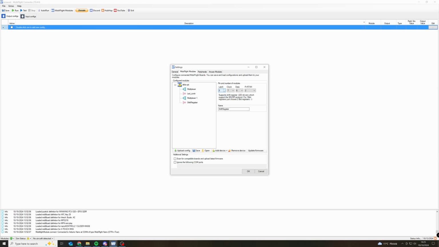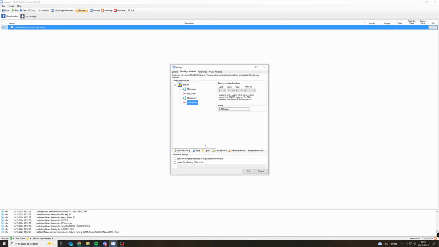but now I would have to make sure somewhere, but I believe you can chain the latch and clock pins on shift registers, but don't quote me on that. It might not be the case for MobiFlight, but I would have to make sure if I were to promise this, but you might be able to chain these or put it on the same pins. Not sure, maybe. But this is how you add the multiplexer and shift register that we use in our custom